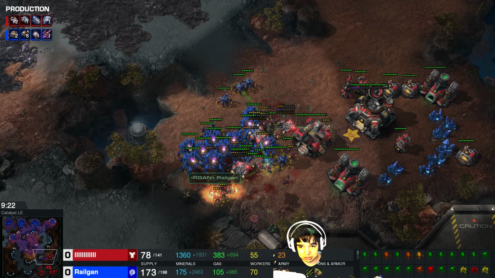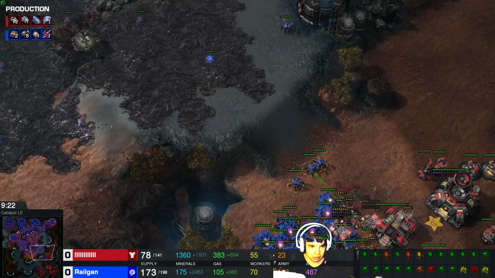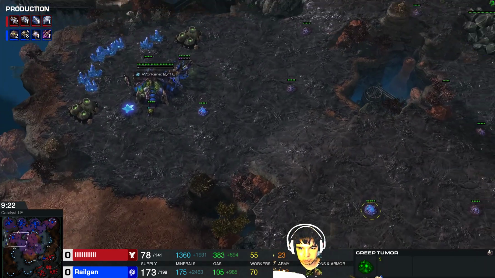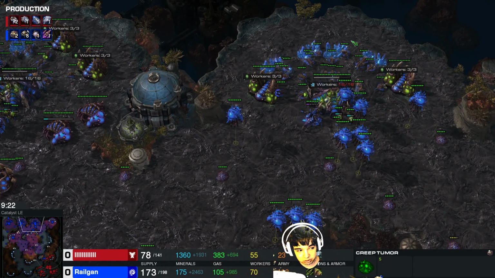And this is a build that kind of goes to the same place that the builds of a lot of top players go, but instead of going for a lot of queens, I build a couple mutas. That's like the key difference. Top players build a lot of queens, stay defensive, get creep spread out. I just get a couple mutas. That's the key difference, and that's why this build is so